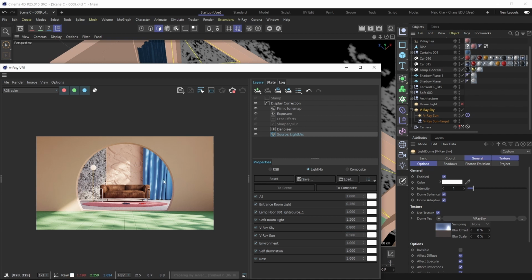I kind of like how the lighting is a lot more balanced now. It's not too intense, but it's also not too dim. So I kind of like how things are looking as is. All right. Now, there's one important feature when it comes to light mix here that we still